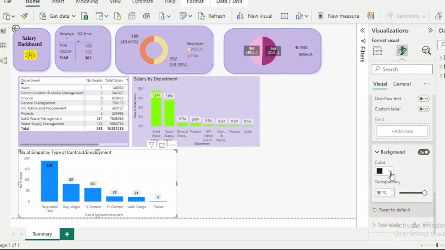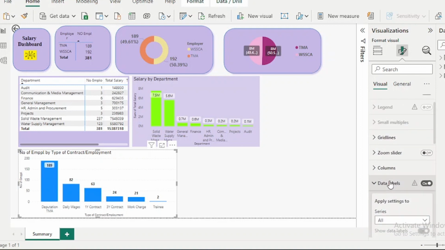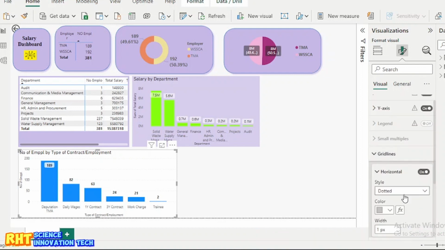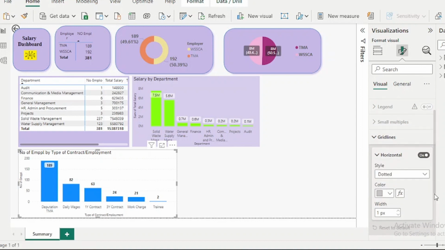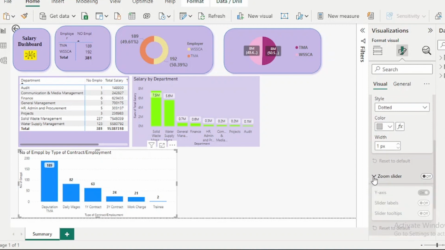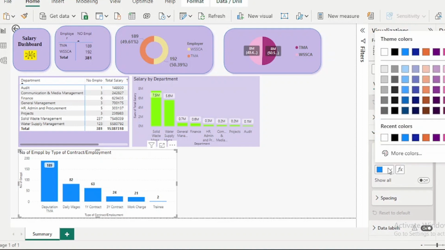It is off. Let me make it white. Let me strengthen it. Now it seems good. The background area with the grid line is okay. Column color should be